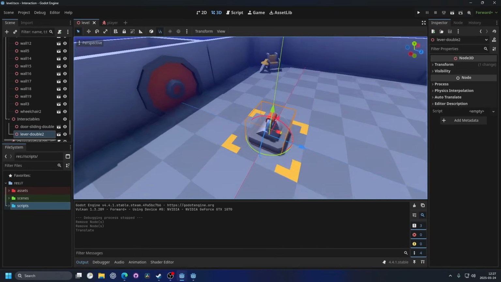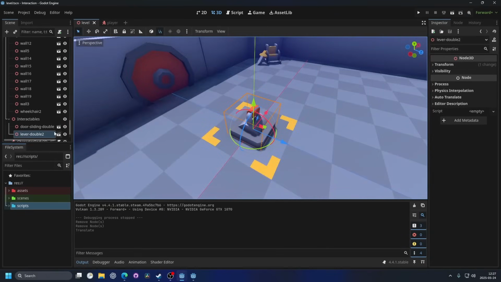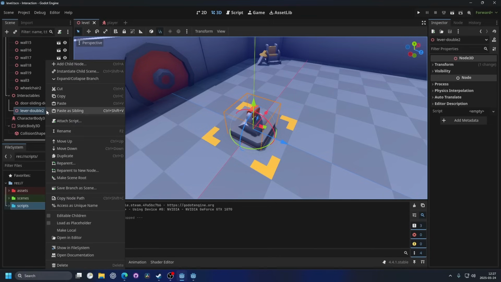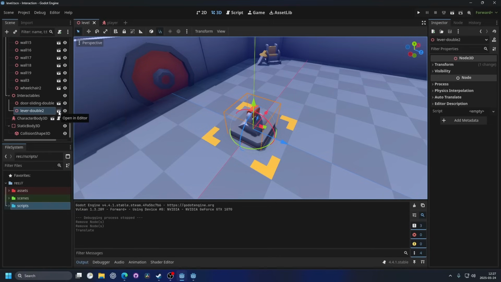And that's a basic interaction, and I will show you how I would do it, because when I first started out, interactions seemed very complicated to me, and they shouldn't have to be. So I'm going to try to explain it in the easiest way possible. In Godot, there are many ways of interacting with objects, and my preferred way is with areas and signals. I'm going to start by selecting my lever model, and since this is a model that I dragged into